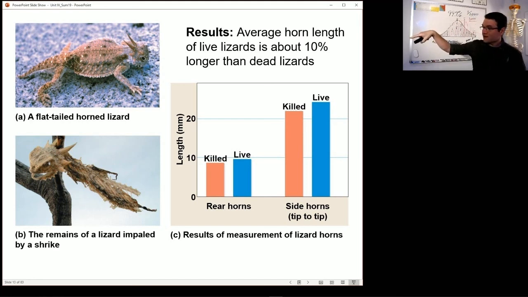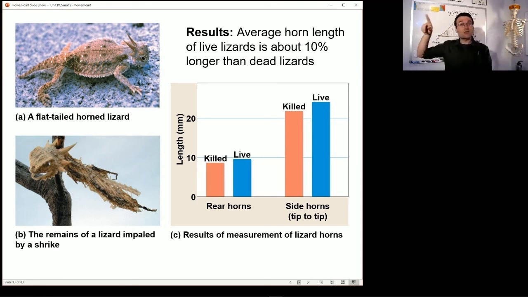So down here in the lower left-hand corner, you can see a horny toad skull on a spike. What they basically do is they slam it down there so they can have horny toad on a stick, and they don't have to manipulate it with their talons while they are trying to eat. Very convenient lunch there. So in the areas where both of these organisms exist, the horny toads and the shrikes,